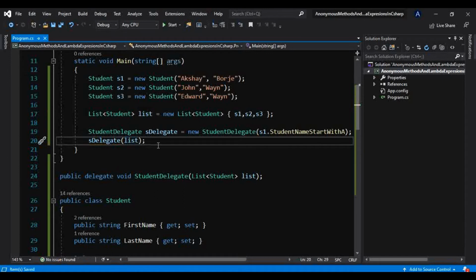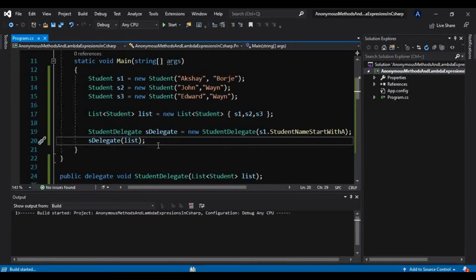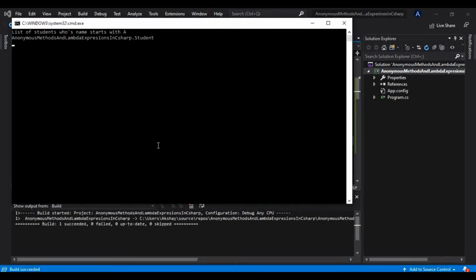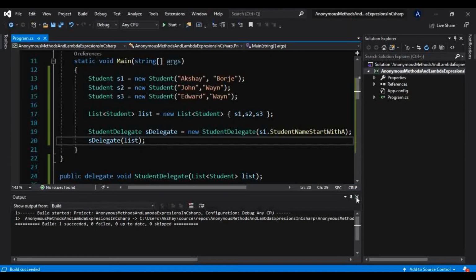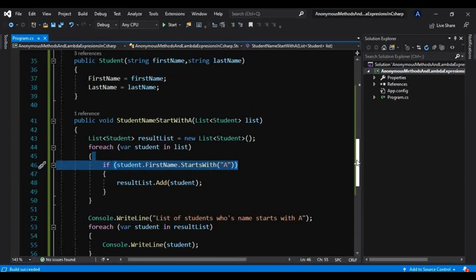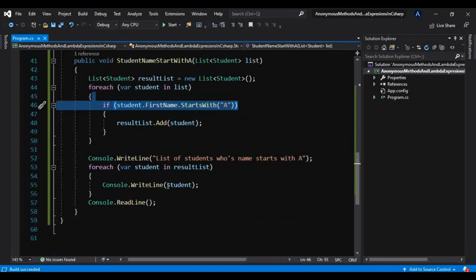Let's run this project and see if we get that output, that is a list of students whose name starts with A. And yes, I didn't print anything there. I have just written that Console.WriteLine and passed that object.